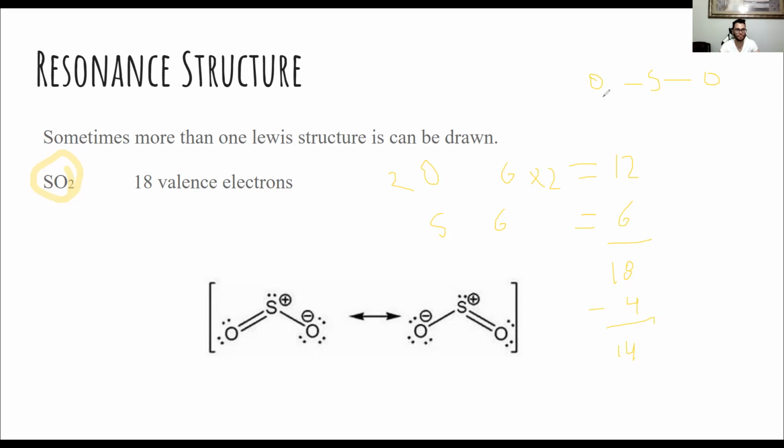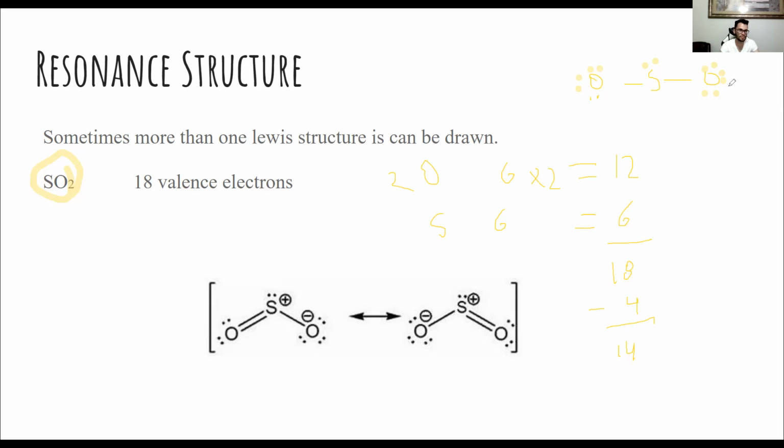Then we have to fill in the octet of the end atoms. So we got 1, 2, 3, 4. So now we have used 12 electrons, so we put 2 more on the sulfur. And if you can see, we have no leftover electrons, but the sulfur has not completed its octet, so we have to